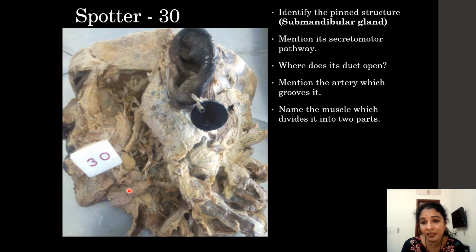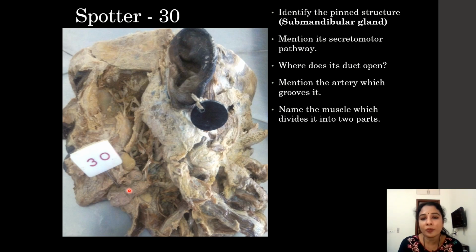facial canal in the middle ear, and then it gives off a branch called the chorda tympani nerve. Chorda tympani nerve is a branch of the facial nerve which supplies the anterior 2/3 of the tongue for taste sensation. So chorda tympani will go and join with the lingual nerve. The lingual nerve is a branch of the mandibular nerve, and along the lingual nerve there is a ganglion called the submandibular ganglion, and postganglionic fibers directly relay from the ganglion into the gland because the gland is closely associated with the ganglion. Okay, so that is about the secretomotor pathway.